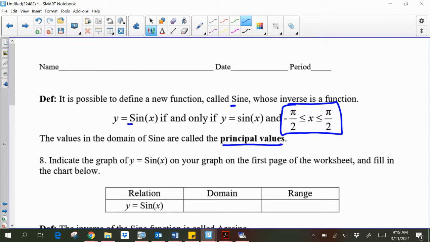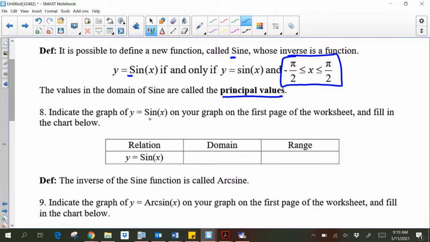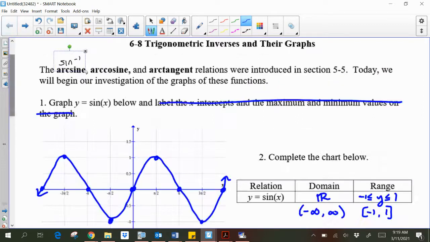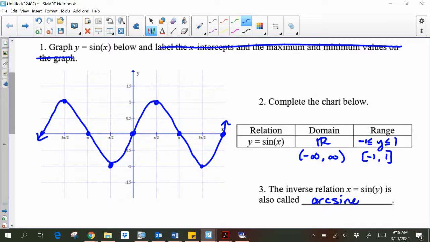All right, so it says indicate the graph of the inverse, capital S sine of x, on your graph on the first page of the worksheet and fill in the chart below. So I'm just going to, on the front page, draw a box around what section we're using. So negative pi over 2 to pi over 2,